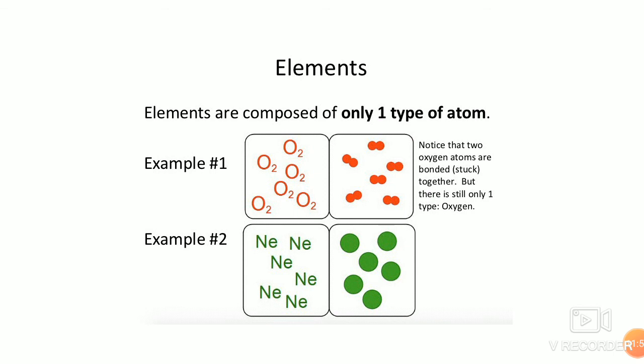Second, I have taken the example of neon here. Neon, the symbol is Ne, right? And you see the box attached to it contains all identical neon atoms, symbolized by green color right here. You see the structure, shape, size, and the box contains only neon atoms, no other colored atom. So these show the elements.